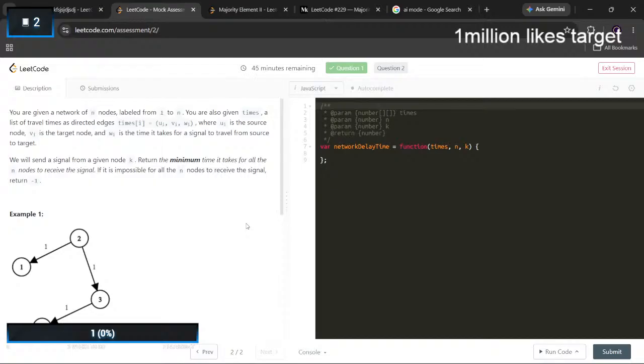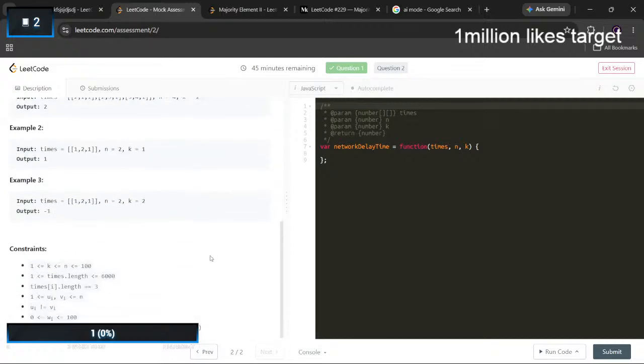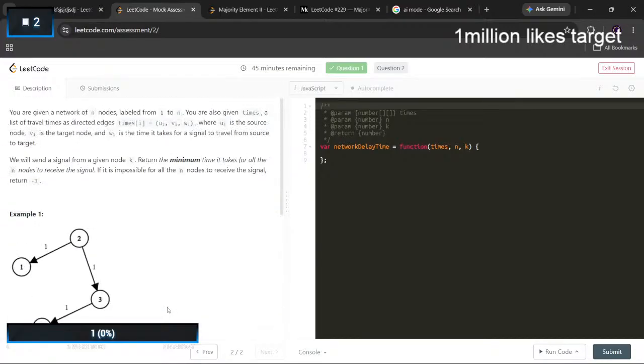Minimum time it takes for all to receive signal. Graph. Not expert graph. Expert outline. First, I'll go on hammer.